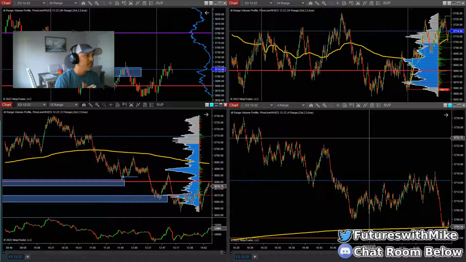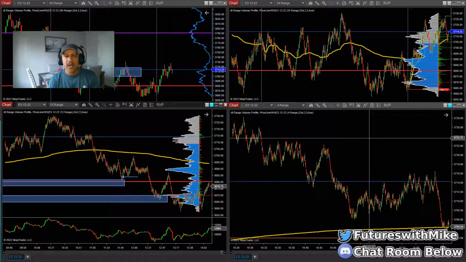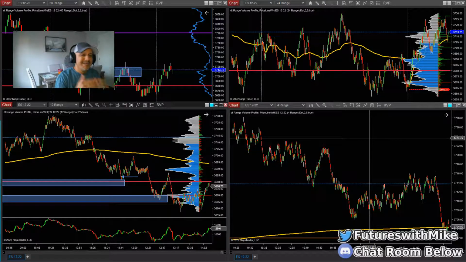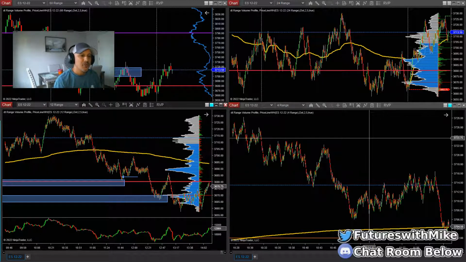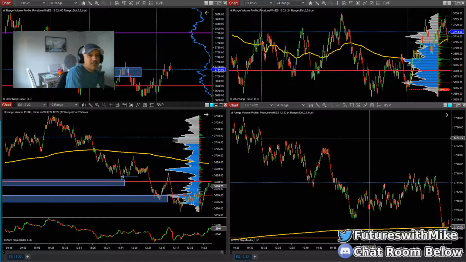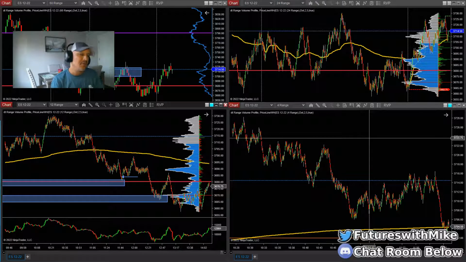So let's go ahead, I'm going to jump into it. I'm going to show you the first example at hand and how you can trade it using a scaled down approach, moving down to your 4 range chart. Now I'll also show you another way you can actually trade it, because sometimes you may not get an actual structure break on the scaled down lower time frame or entry chart like the 4 range chart, and sometimes you may miss an opportunity. So I'll also show you, strictly using the 12 range chart, once price taps into an area of supply and demand, what to look for to be able to get into a trade and capitalize on it.